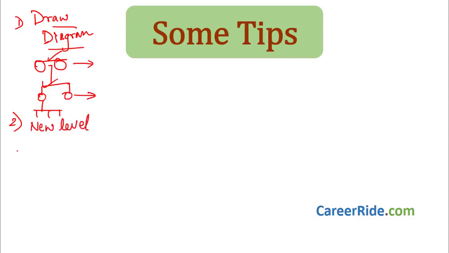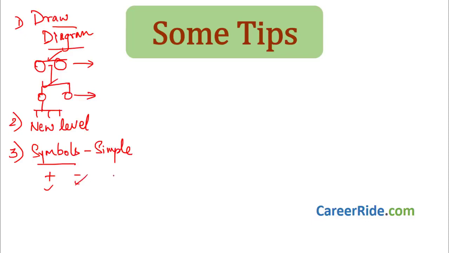Now, the third tip, which is again an important tip, and that is use of symbols. There should be use of symbols, and the symbols must be very simple, so that it becomes very quick to draw them as well as remember them. For example, for male if we denote plus, and for female if we denote minus, then it becomes very easy to know how many people are males, how many are females in a family, or how many in a group,